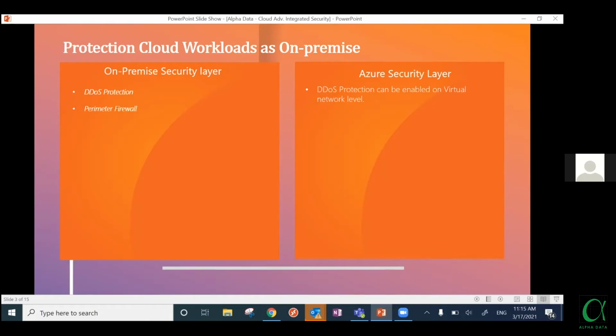The next layer is the perimeter firewall. You build a perimeter firewall in your on-premises security layer, but you also have a firewall capability inside Azure, which is Azure Firewall. But if you don't want to go with Azure Firewall, because it's generally a PaaS service, a platform as a service model, not something you run in your own infrastructure, there are options in the Azure marketplace that will help you achieve this perimeter firewall configuration through NVAs.